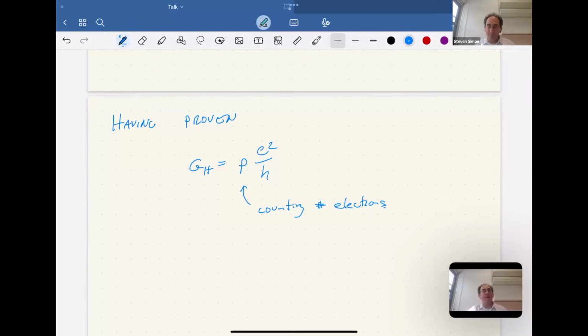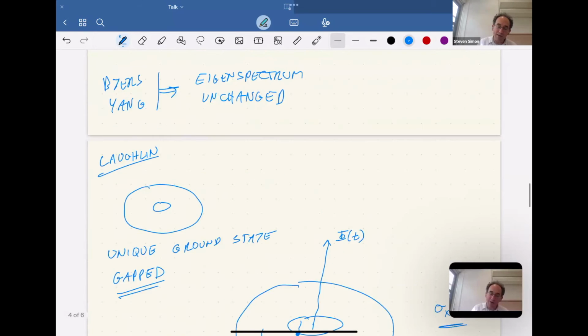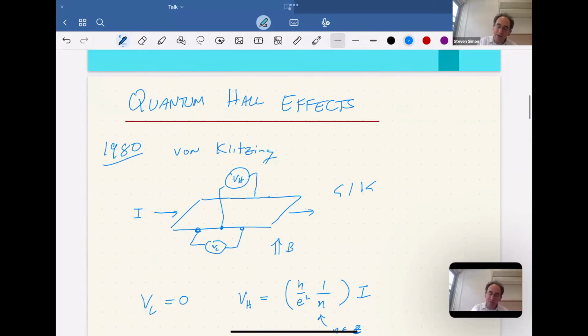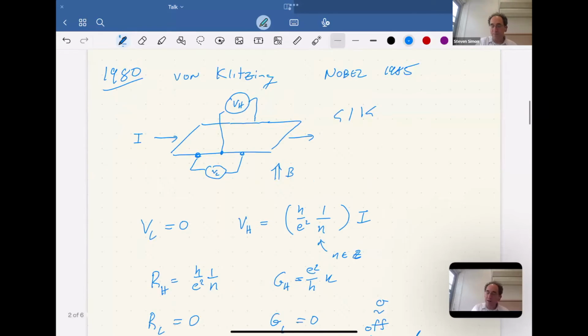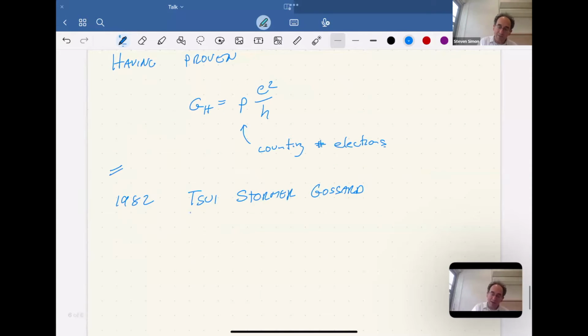This is spectroscopy on the charge of electrons. It was a bit of a surprise in 1982 when Tsui, Stormer, and Gossard... I should also mention that von Klitzing won a Nobel Prize. Maybe I'll write this way back up here: von Klitzing, Nobel, 1985. And Tsui, Stormer, and Laughlin, who did the theoretical explanation, Laughlin won a Nobel Prize